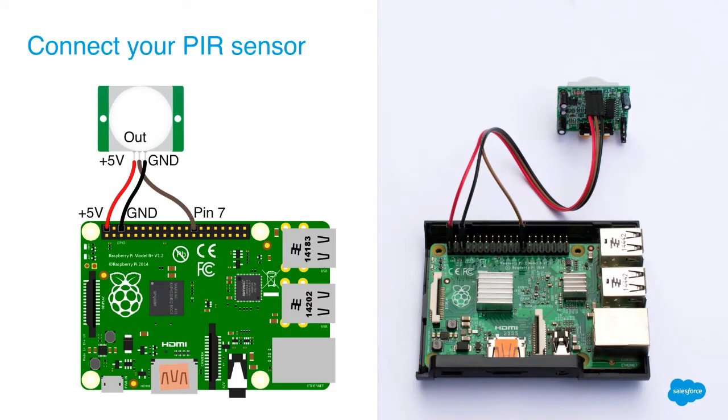So next thing you're going to need to do is connect up your infrared sensor. We've got the wiring diagram here on the left, and on the right, that's a photograph of our original build with the Pi 2. One thing we should mention, when you are connecting and disconnecting any kind of sensors or making changes to the Pi, you probably should power it down, just to be on the safe side.